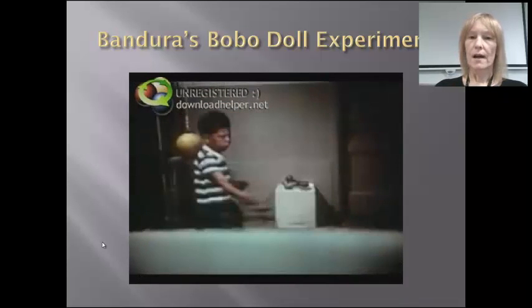Okay, so the experiment showed that children, having observed the adults being aggressive towards the doll, also were aggressive towards the doll. What was unusual about the experiment was that the children actually invented aggressive behaviours of themselves. So they actually took the model behaviour to a different level. So, for example, later on in the experiment, the children pretended to shoot the Bobo doll, as well as hit and use aggressive language towards the doll. This had not been observed by the children in the original modelling activity.